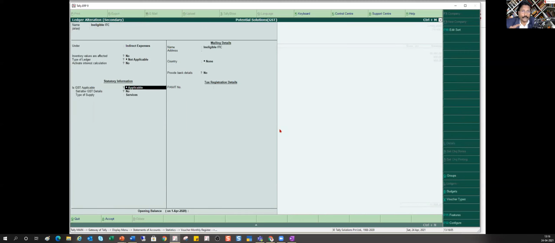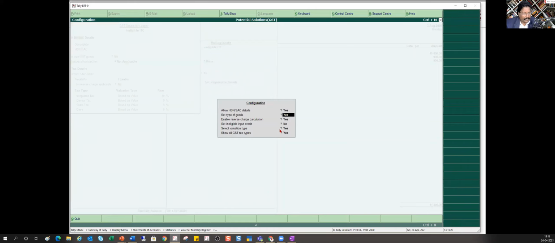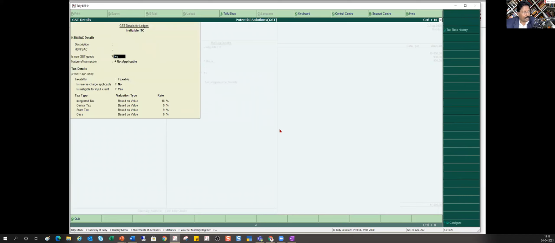And definitely you have to say applicable, even though it is ineligible, because only when you say applicable, your tax ledger will automatically calculate. Remember that. Okay, so you will say applicable, and you have to come here, and then what you have to do here is, okay, now press F12 and enable this option to mark whether it is eligible or ineligible.